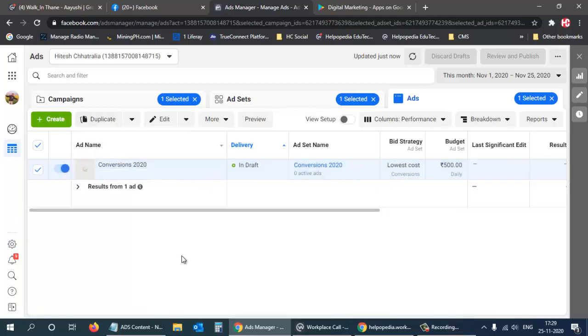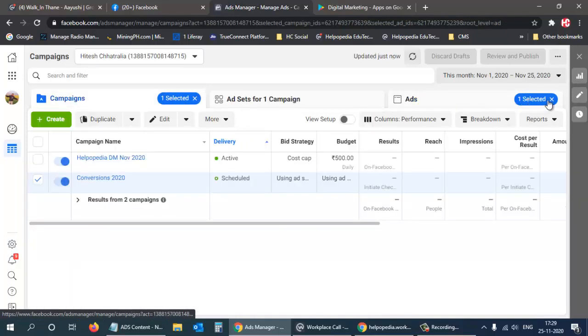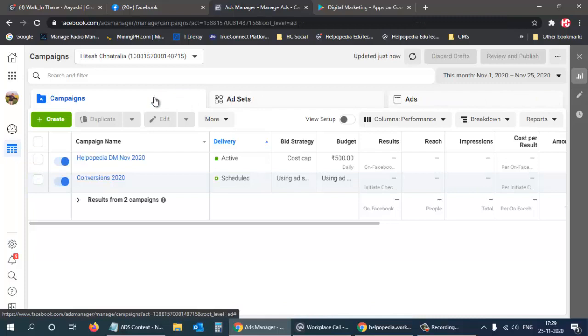So the only difference in conversion and other ads is that over here we need to provide the catalog. So it is like catalog sales, we also need to select the catalog, and in conversion, if we want to add catalog I can put a ready-made catalog, or else I can directly add the website URL and the description and primary text, then it is done. So that is just a normal conversion. So normal conversion as well as plus catalog, both are one and the same thing, so we can use any of them whichever we want. So both are leading to sales or say anything that we want. So this is what we have.